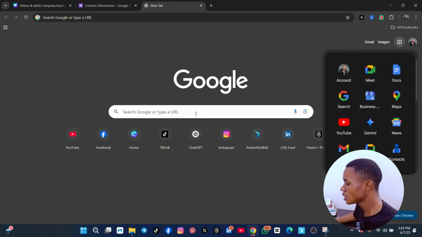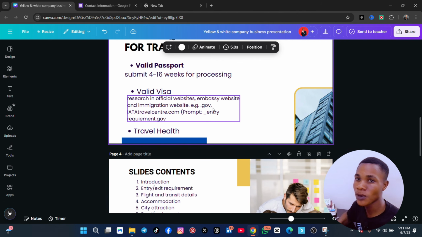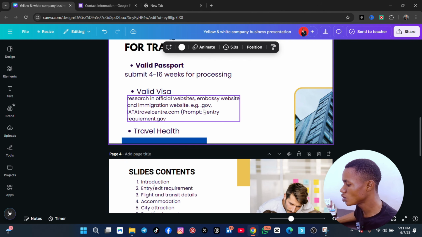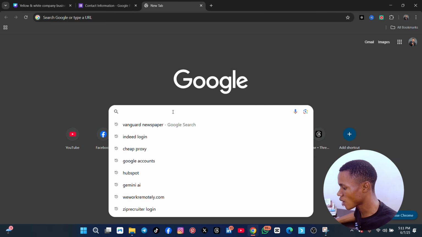Now the second aspect is teaching you how to get the requirements for visa. So you have to help your boss with the requirements in order to create his visa, not to apply for his visa. So what we need to do is, let's say we are using Paris, so we have to come to Google and type Paris requirements,